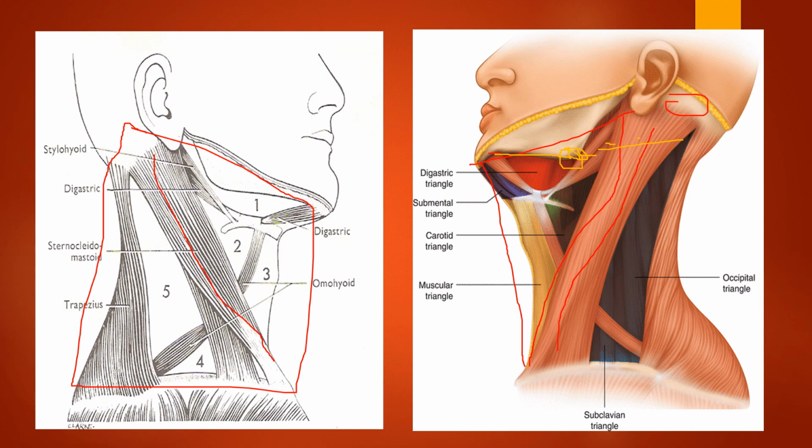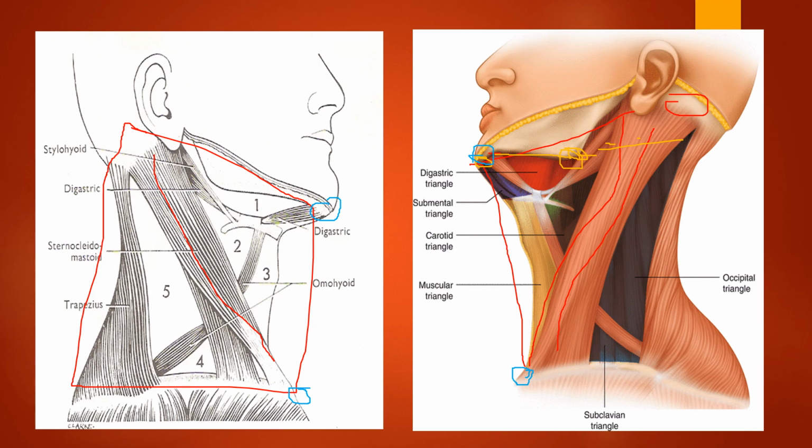Anteriorly, it is bounded by the midline structure extending from the symphysis menti. This is the symphysis menti. I will show it in blue color. So this is going to be the symphysis menti. Even here you can see this is the symphysis menti. From the symphysis menti to the suprasternal notch, that is between the clavicle and above the sternum, lies the suprasternal notch here. The line from the symphysis menti to the suprasternal notch forms the midline,